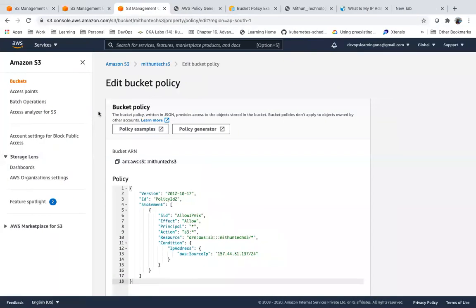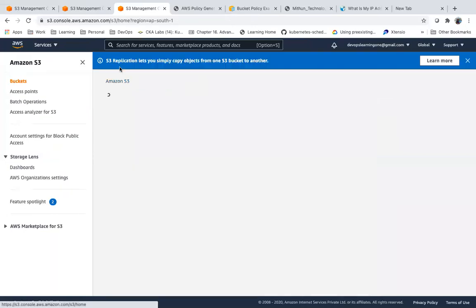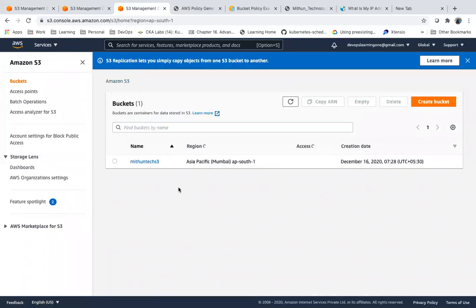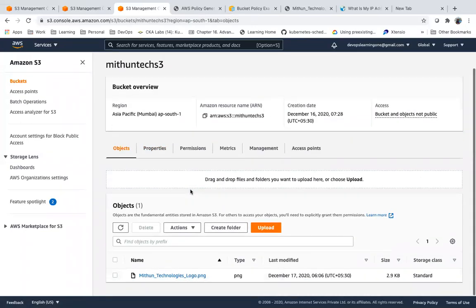Suppose I want to maintain all the versions of my objects. Suppose this file got modified, and another object with the same file name got uploaded here. By default, it's not maintaining all the versions.